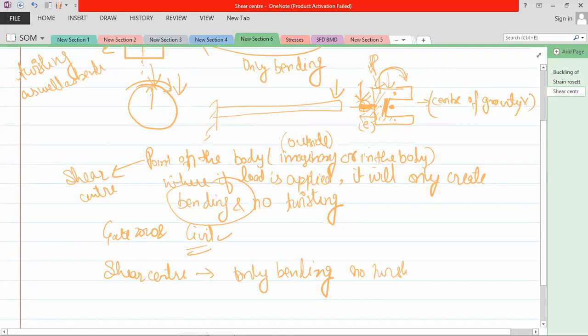And also in civil they asked for the C section, what is the shear center. They're given points like this is P, this is Q, this is R, this is S, and they ask where the shear center is possible. So P is the point where the shear center is possible. So these are the shear center questions.